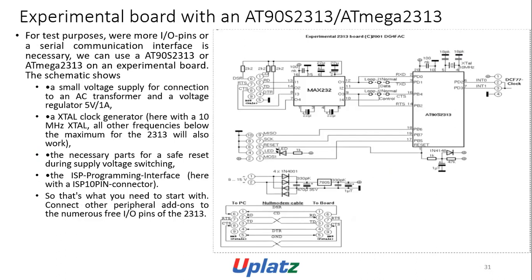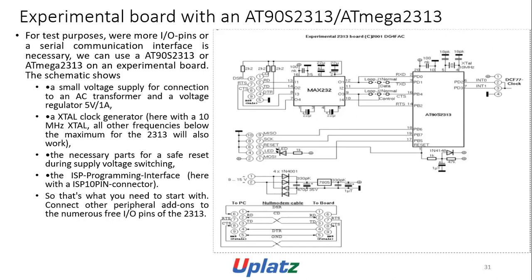The board with an AT90S2313 or ATmega2313 is shown in the figure. For test purposes, where more I/O pins or a serial communication interface is necessary, we can use an AT90S2313 or ATmega2313 on a board. The schematic shows a small voltage supply for connection to an AC transformer and a 5 volt, 1 ampere voltage regulator. A crystal clock generator is here with a 10 megahertz crystal. All other frequencies below the maximum for the 2313 will also work. The components are necessary for a safe reset during supply voltage switching. The ISP programming interface is here with